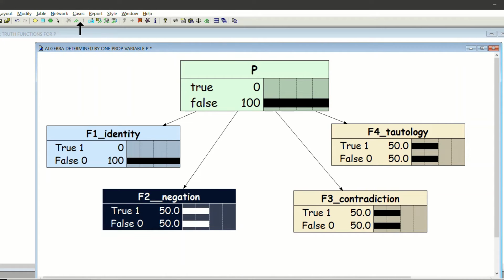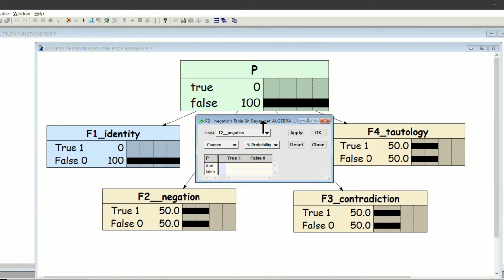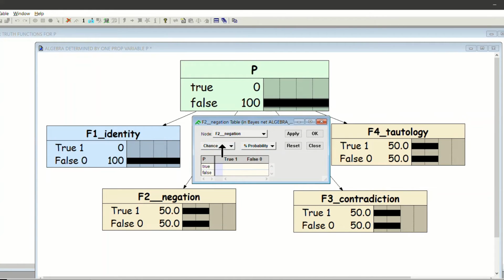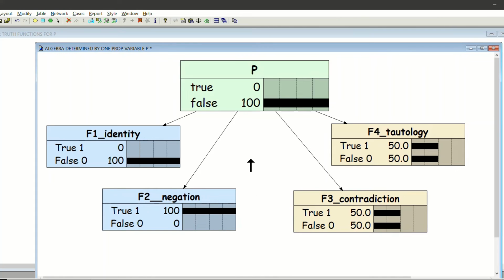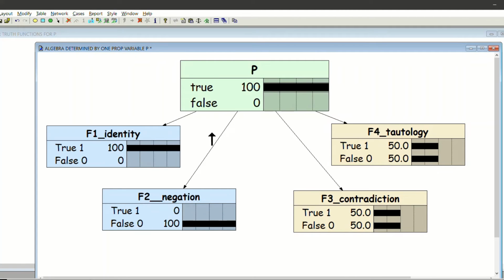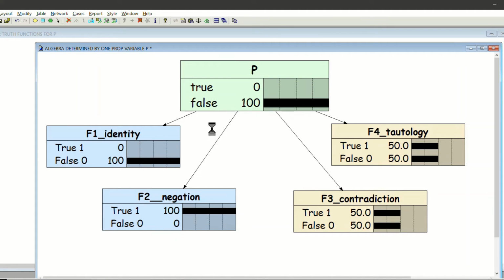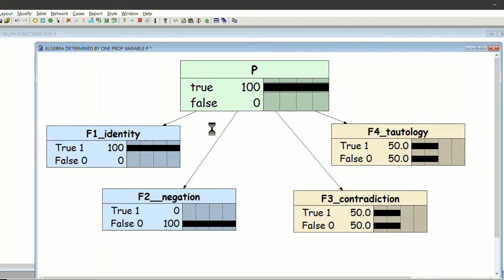Okay, negation. I'll go here and I'll say to Netica, okay, this is a deterministic node. Now, negation, when I give you true, you give me false, and when I give you false, you give me true. That's it. That simple. And it turns blue because it's a deterministic function. And now let's see if it works. Okay, true. And it gives me true for identity and false for negation. And if I go false, then identity returns false, but negation returns true. And so I go up and that goes down. And I go down and that goes up. There.